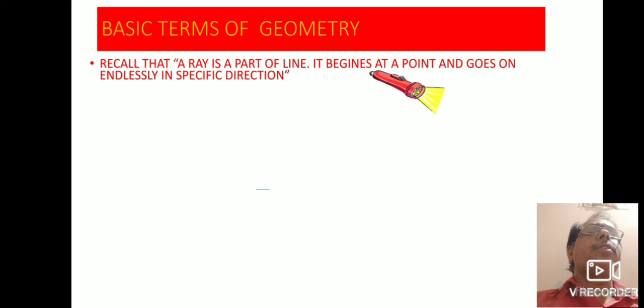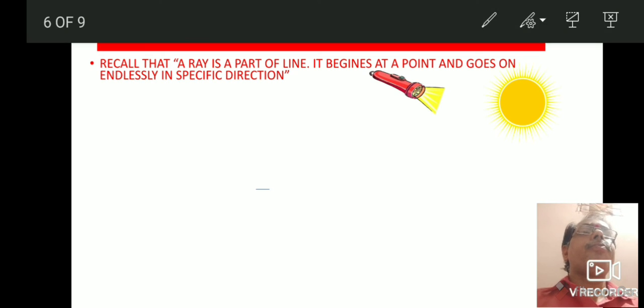Let us see this torchlight. Here, in this torchlight, the light has a beginning point and these rays go on endlessly in a specific direction. And here we have the sun as a starting point, and those rays go on endlessly in a specific direction. Okay, now